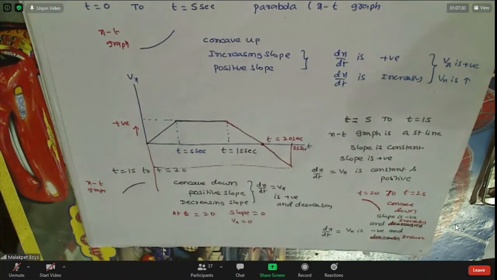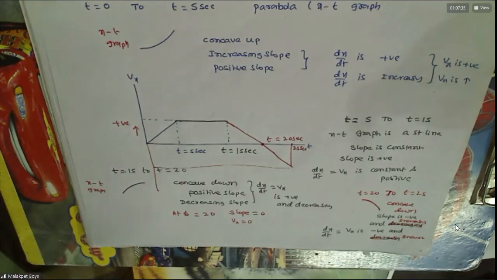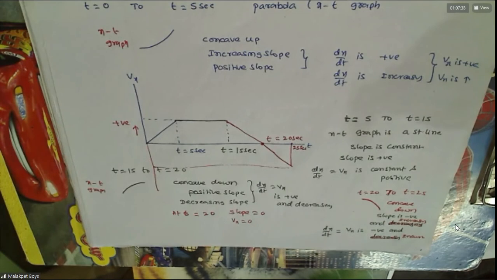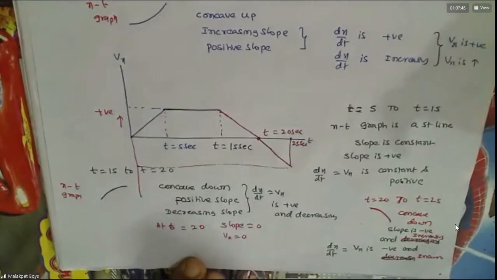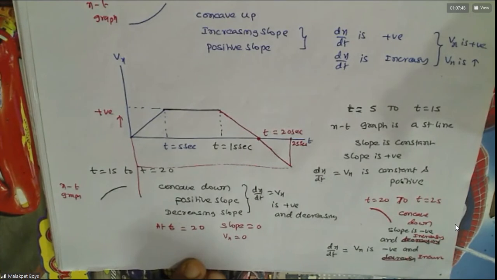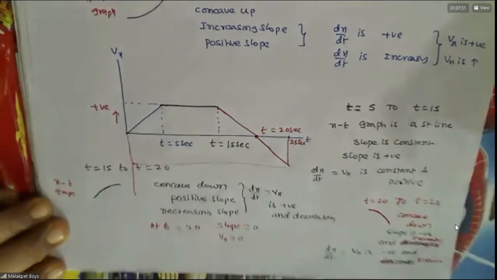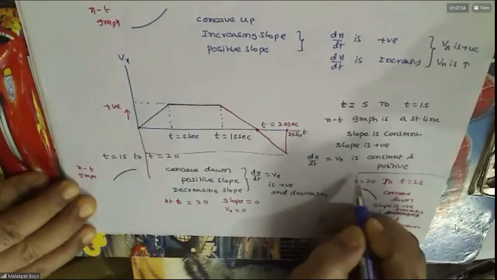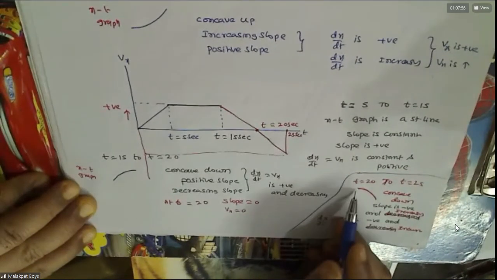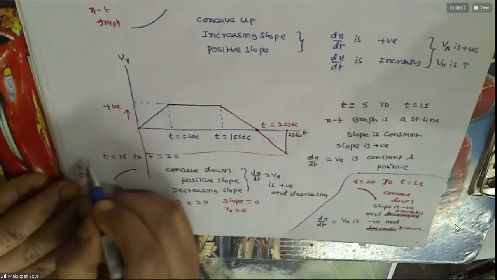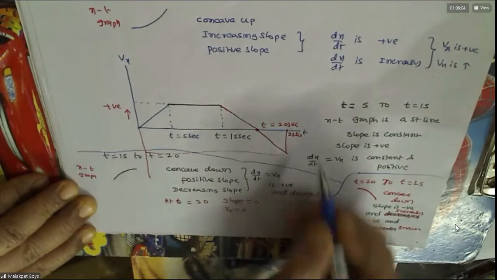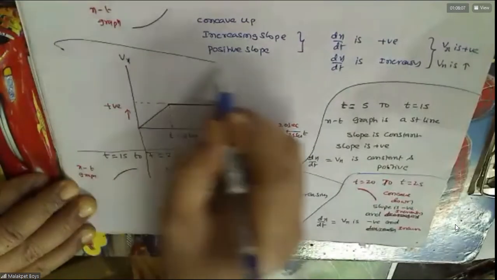Then from 25 to 35, note on this, I'll turn the page. Till here you have completed. Concave up, concave down, I already gave the relevant points the other day. So observe whether the curve is concave up or concave down, and accordingly you plot the graph. Slope is negative and decreasing.